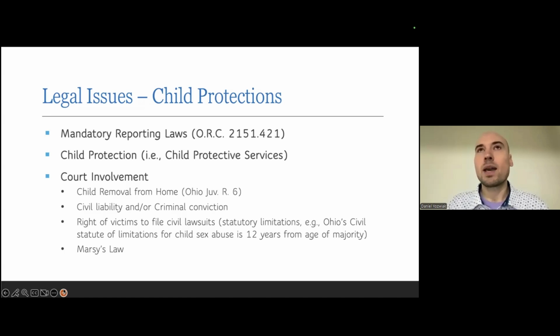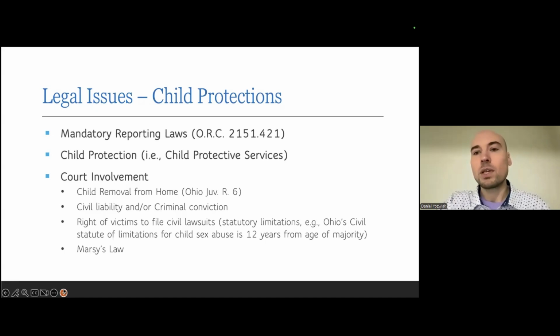When I say what I'm about to say, this is my personal opinion. This does not reflect the office that I work for. We know that children's services agencies are overworked, often underpaid, and sometimes issues kind of slip through the cracks. But again, as long as you're making that referral, you're at least satisfying that duty. And of course, Child Protective Services is mentioned here as well, because they do play a huge role. And those that work there that really care a lot do a great job intervening on situations that need to be intervened on.